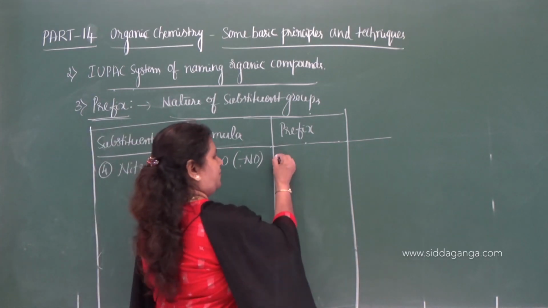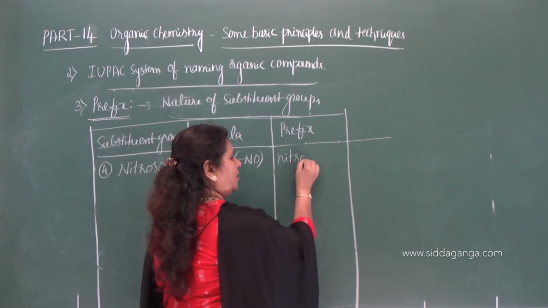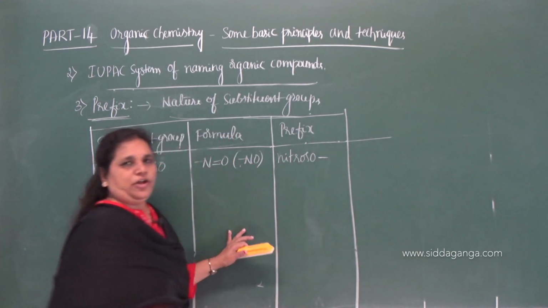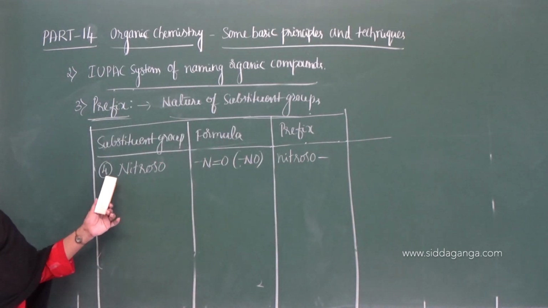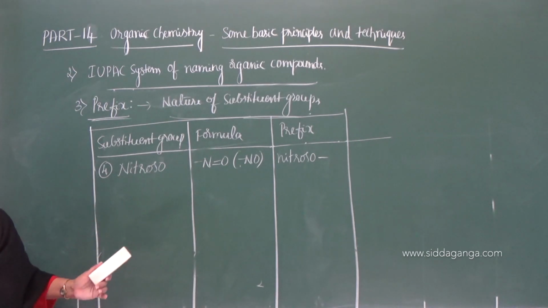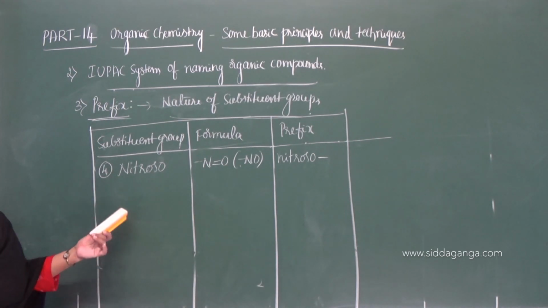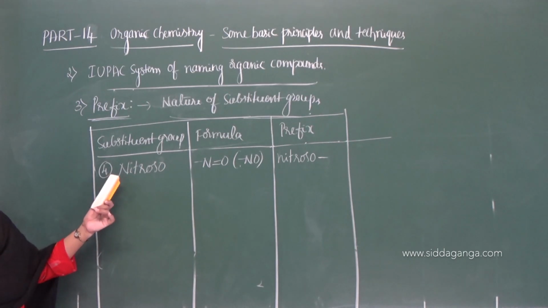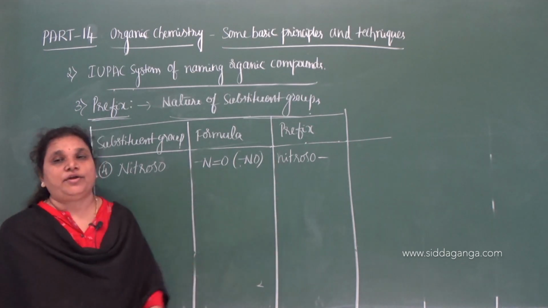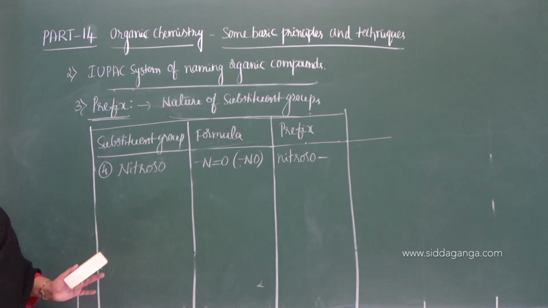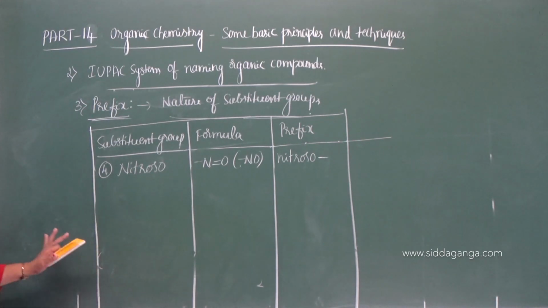And what is the prefix? Very simple, nitroso. If you remember the name of the substituent group, then you can write its prefix as nitroso. Only difference is here you can use a capital N and here you have to use a small n, nitroso. Okay. Now next one is